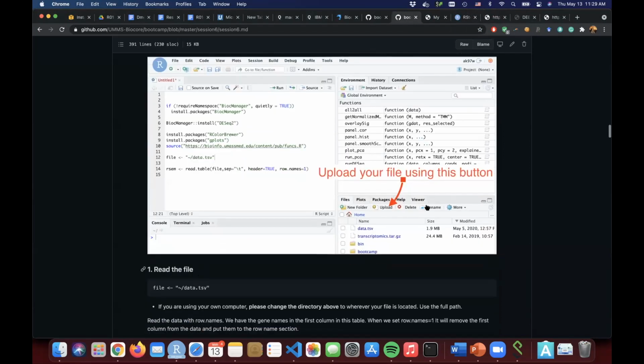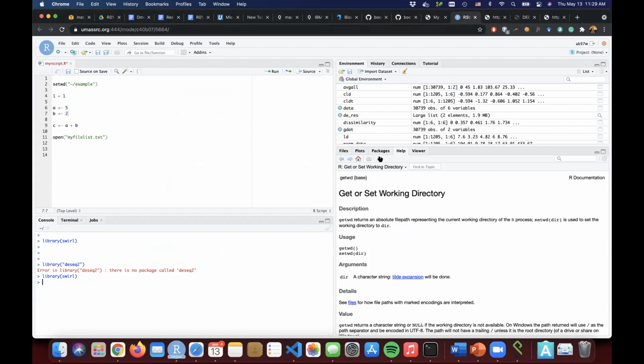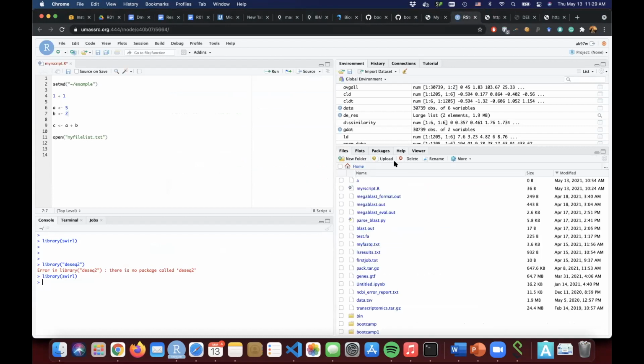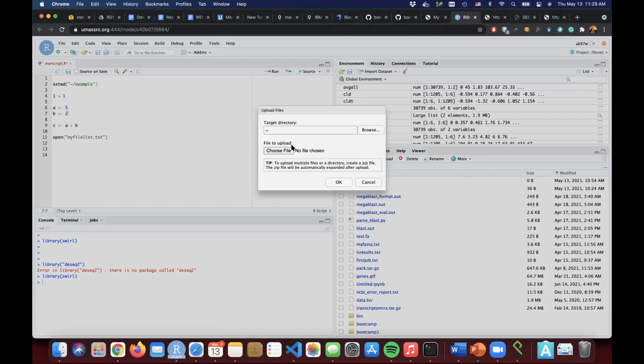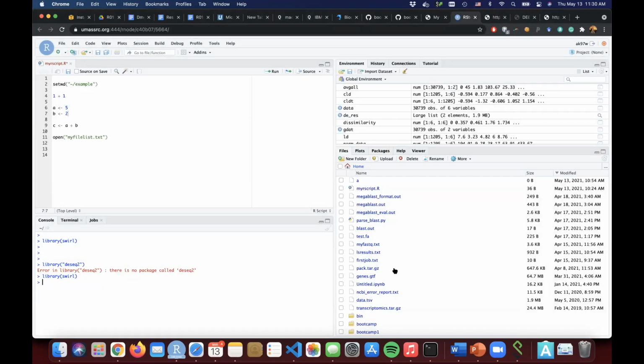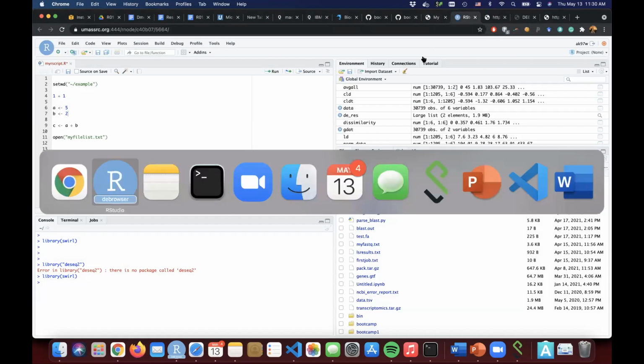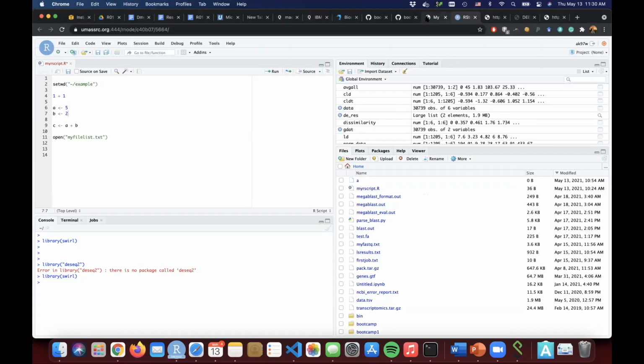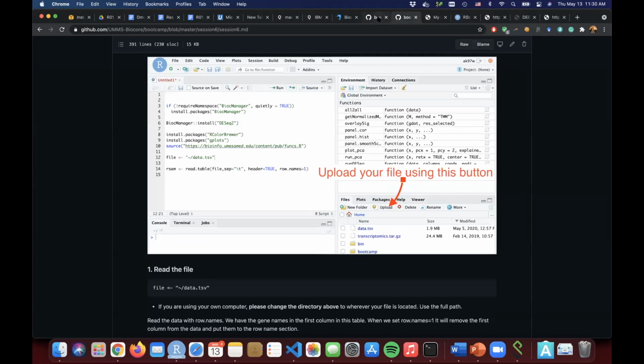So there's this upload your file using this one. There's an upload function there too, that if you want to upload a file to the cluster, you can use here, upload. It's going to upload to your home directory or any directory. You can browse and upload the files there. And that helps you to analyze your own data by changing. But now today, what I'm going to do is